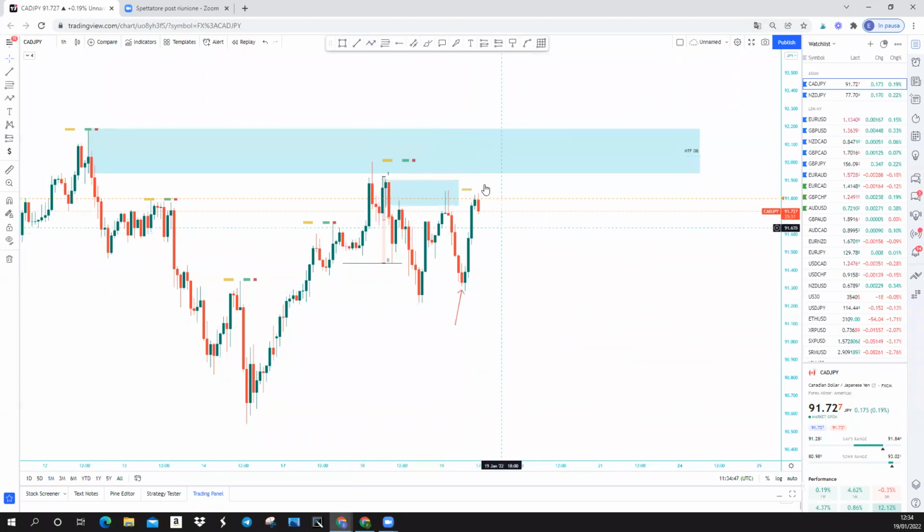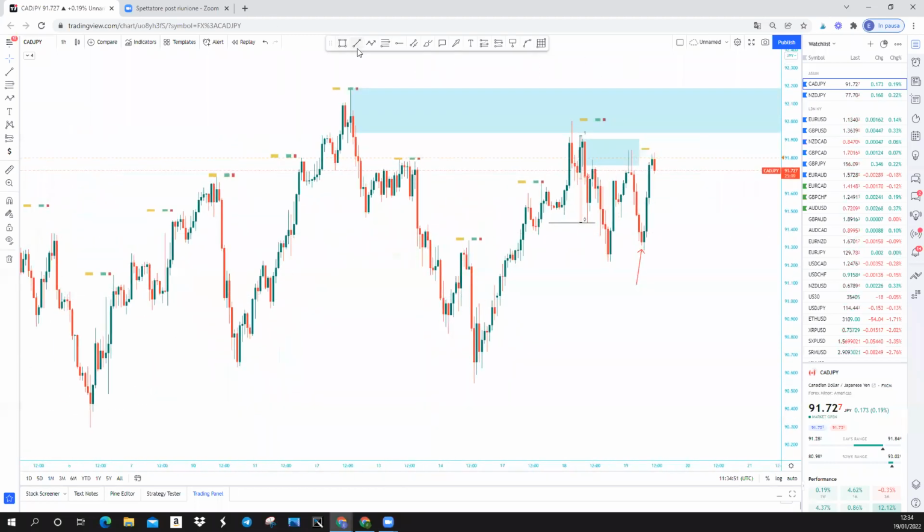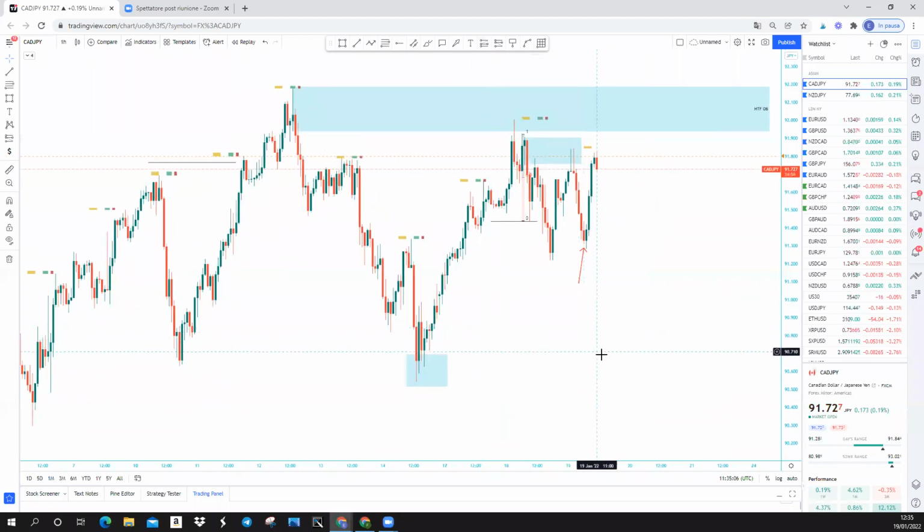I still believe that we are overall bearish because of the 4-hour structure, which right here we had a break structure to the upside. Okay, so structure was bullish, and here we broke the previous low, which created this break structure. So I believe that we are actually turning bearish. Now, with that being said,